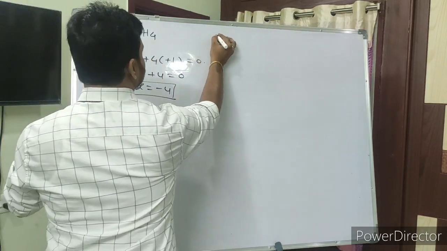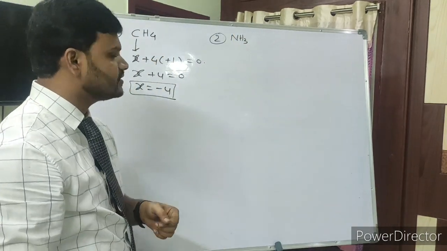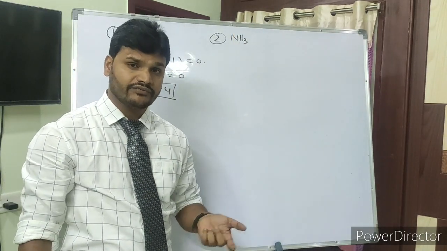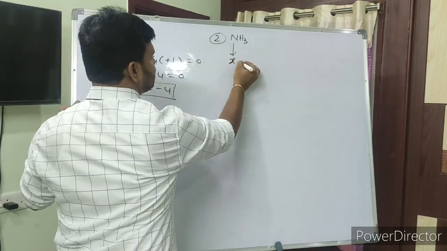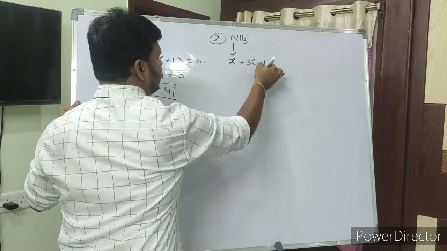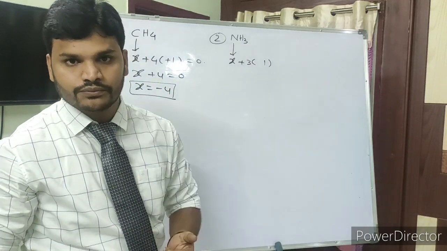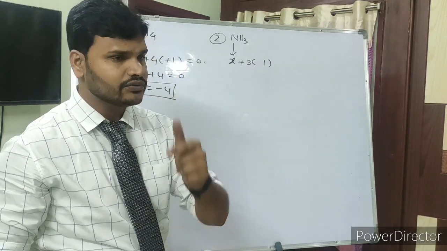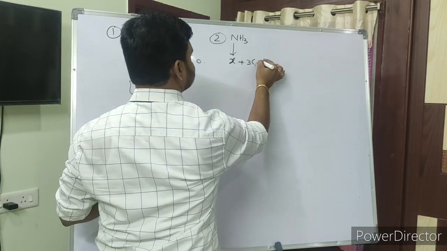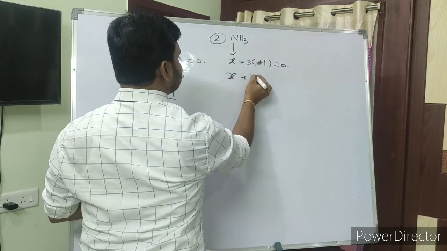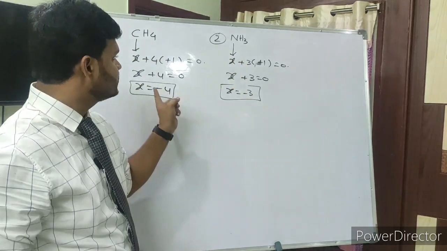Next, second one, NH3. What is the central atom here? Nitrogen. Suppose in an examination you get the question, what is the oxidation state of nitrogen in NH3, how can you find out? Nitrogen, let us take x, plus 3 into hydrogen valency 1. Compared to nitrogen, hydrogen is less electronegative. Less electronegative is nothing but you need to take positive. More electronegative is nothing but you need to take negative. This is the simple logic, as simple as that. Here positive, equal to 0. So x plus 3 equal to 0, then x equal to -3. Clear now students? Similar procedure.